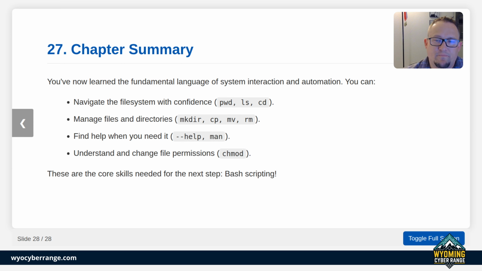So let's recap. Today we learned about basic vocabulary on the command line. You know how to navigate and manage files, get help, but most importantly, you understand that these commands aren't just for typing one at a time. They're going to be the building blocks that we combine in a file to create a script that automates complex tasks. You now have the foundation to start reading and understanding basic scripts, and we'll continue learning as